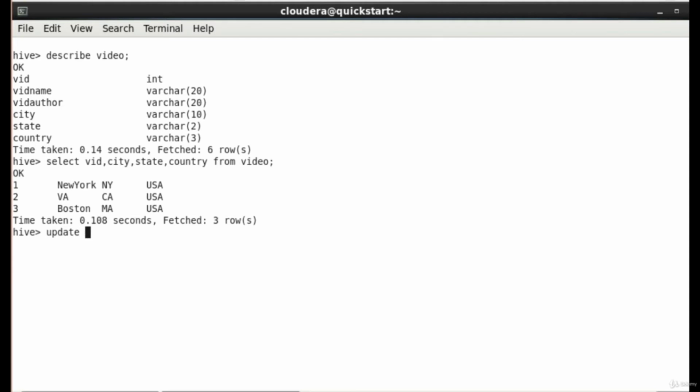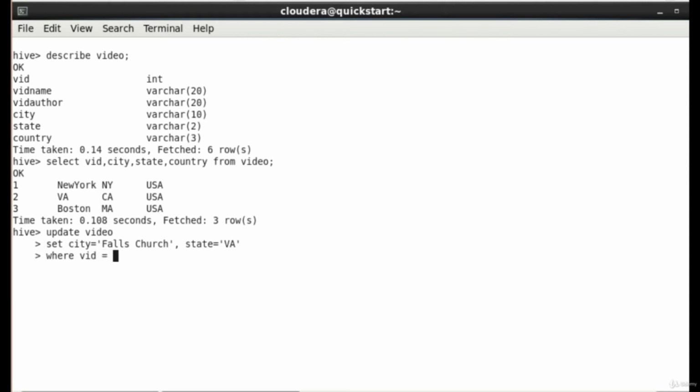Update table name, set city equal to Falls Church, comma, state equal to Virginia, where